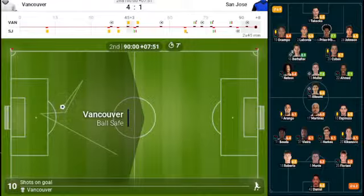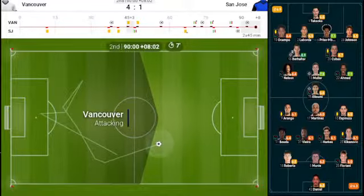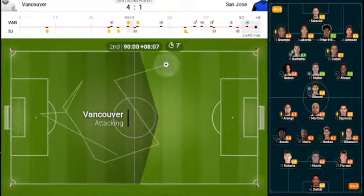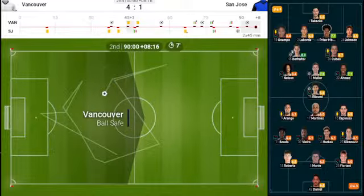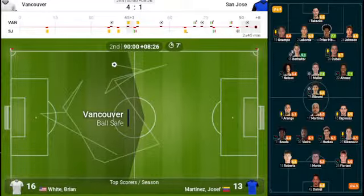Berhalter pinging that ball ahead, looking for Rios in a battle. Wins it. Couldn't get the centering pass. Now for Gauld. Settles the ball. Ryan Gauld can't get the shot away. Stuck in deep with Bovalina. Creeping in from his right-hand flank, the Australian nearly able to get a point-blank shot away. You thought that was going to be 2 goals and 2 sub-appearances for Ryan Gauld. Took it from his favored left foot onto his right. He's good with either foot. Nice block in the end, though. Snuffed out that chance. This should be it. Zito Mendoza